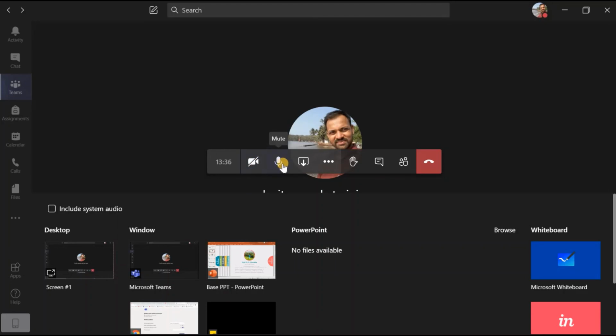Okay, here I can either turn on this microphone or turn off my microphone. If I want to speak something, definitely I have to turn it on. Similarly, depending upon my internet connectivity, I can either choose to start that camera, or I can choose to close that or turn off that camera.